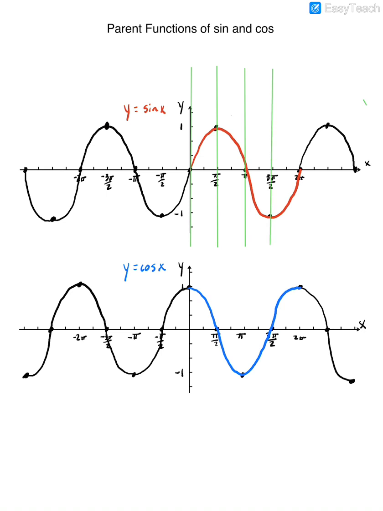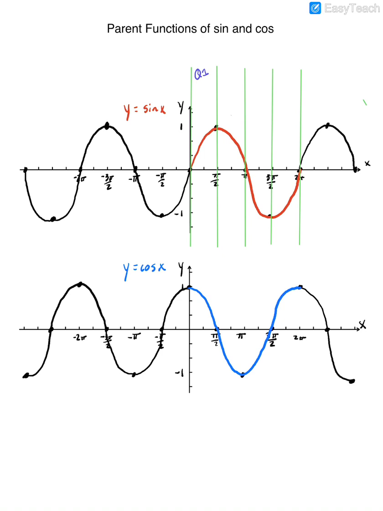So I'm just drawing vertical lines to divide up my graph into those portions, okay? So you can think of this in your quadrants, right? Here, this first one, from 0 to pi over 2, that's 0 to 90 degrees, right? So that's the first quadrant,